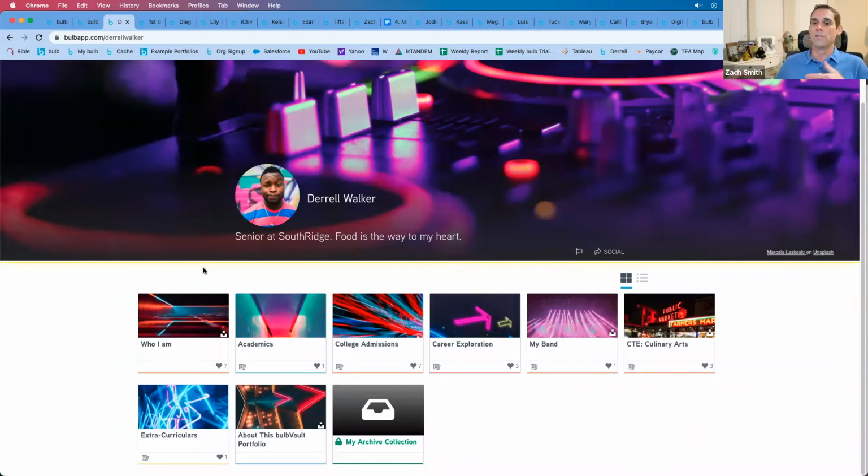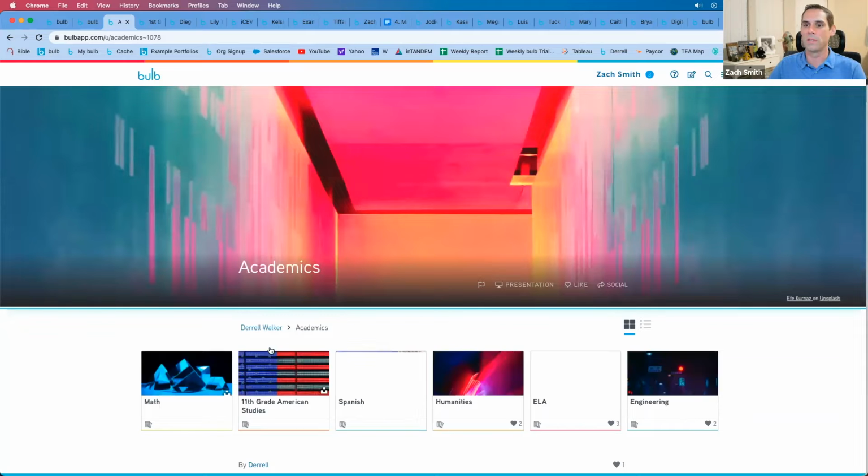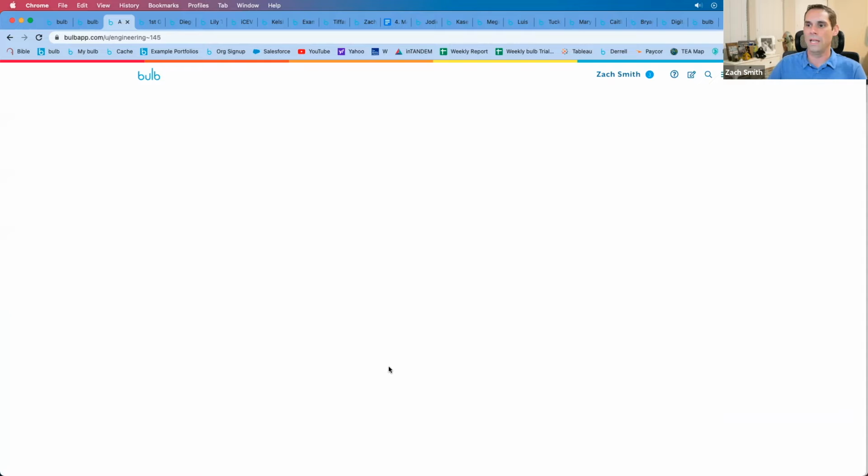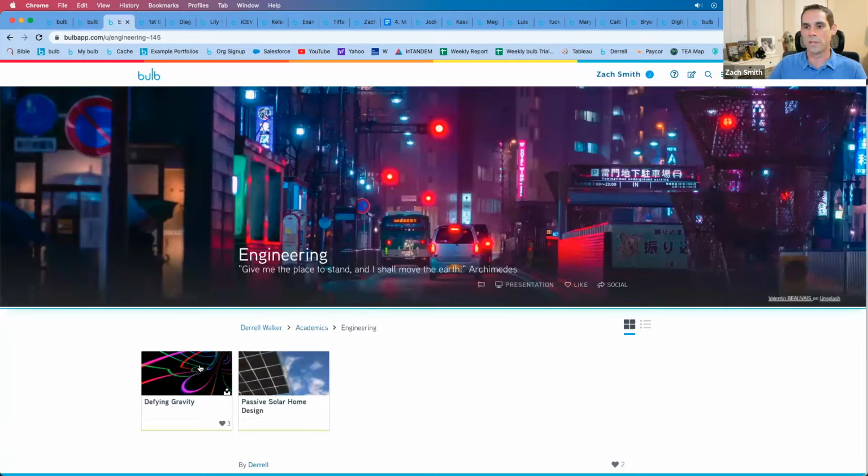All right. So this is the one that I usually start with when I'm doing my K-12 presentations. This is Darrell Walker, and all these tiles are either collections, like folders, or pages. So we can go into his academics here, and you see he has collections for math, social studies, ELA, English, and engineering, and we're still in collections here, but now we're about to see a Bulb